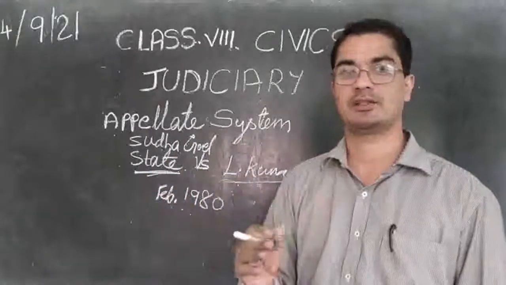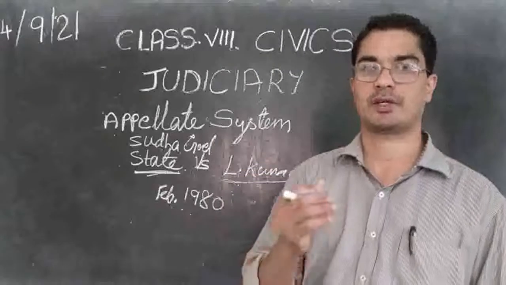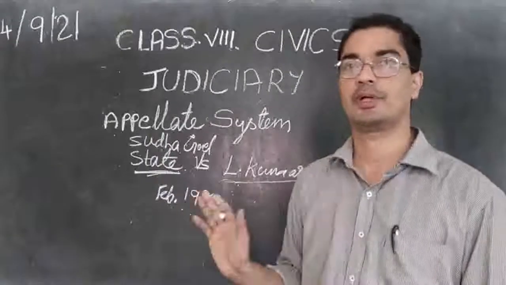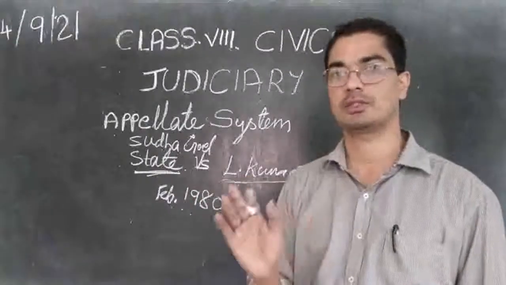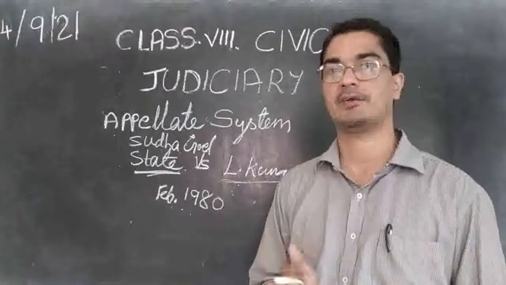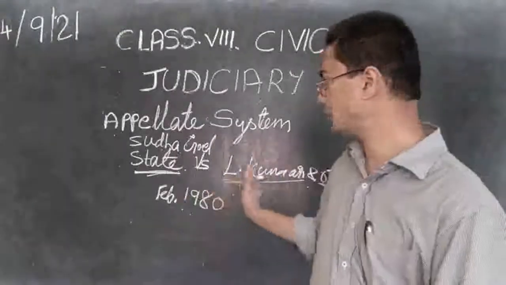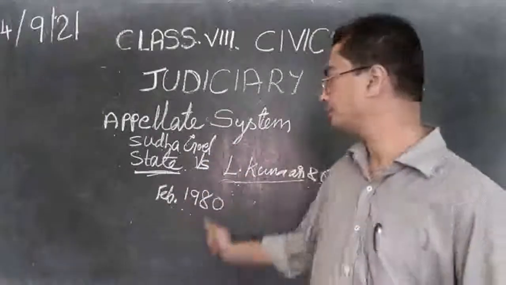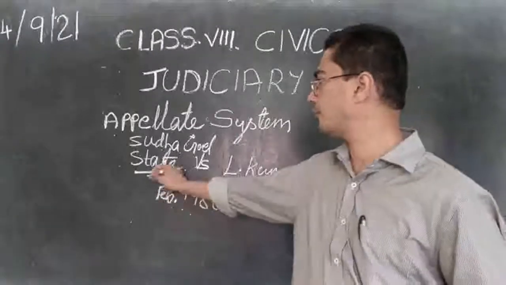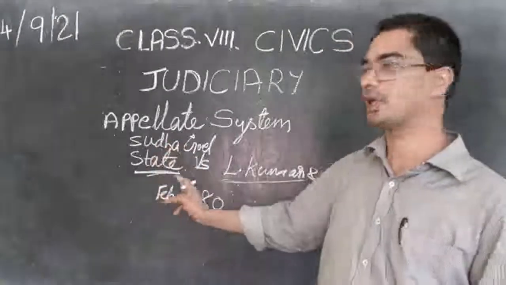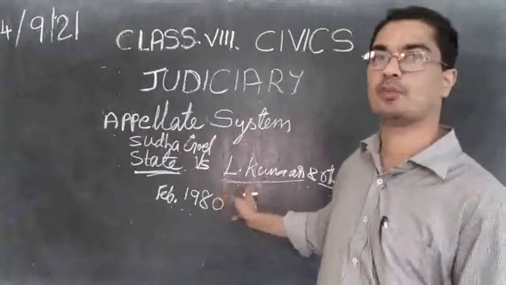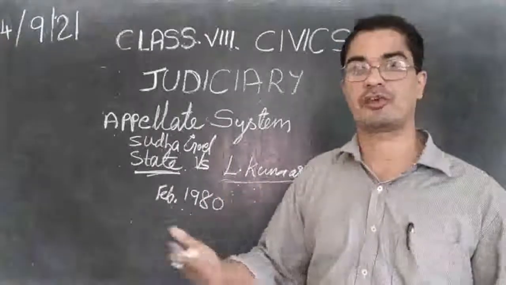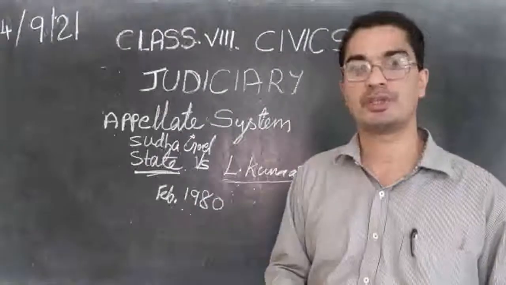She died by accident. She was boiling milk on the kerosene stove they were using, and she caught fire by mistake, by accident. So nobody is responsible for her death. It is her own mistake. So the court said all three of you can go free. You don't need to get any punishment. You are free to go. So first, the lower court gave its verdict in favor of Sudha's party. The High Court gave its verdict for Lakshman Kumar's party. Now Lakshman Kumar will be happy because they are free. The court says you have not done any mistake.